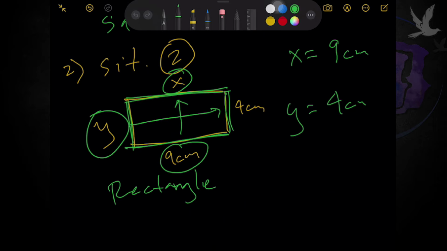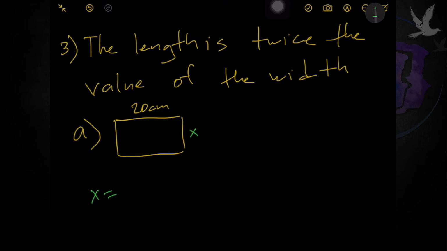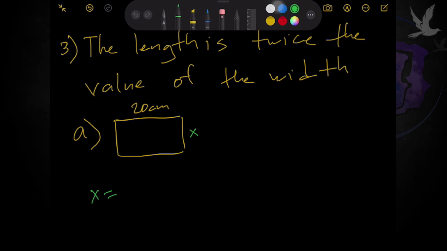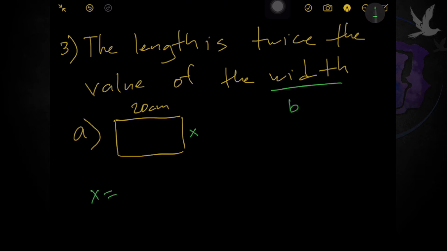But there are certain numbers that complicate the problem, because there are clues. They give you clues instead of a direct number. For example, the next number, I'll write it down first. Okay, so for example, in this case, number 3, the length is twice the value of the width, or in our Singaporean book, they use the term breadth